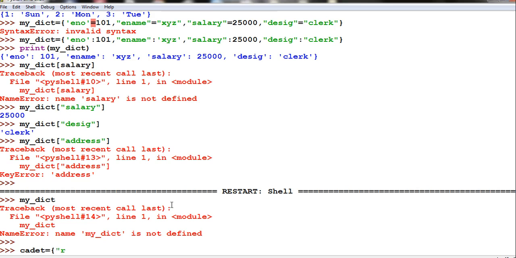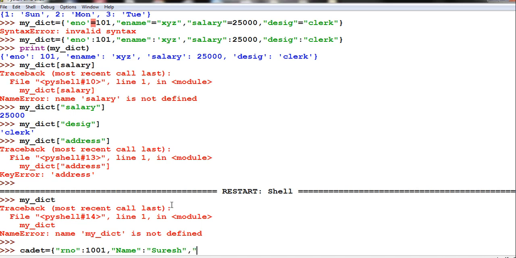Let me take roll number with the value 1001, comma. Then I will take name colon, let me give the value as Suresh, closing the quote, comma.